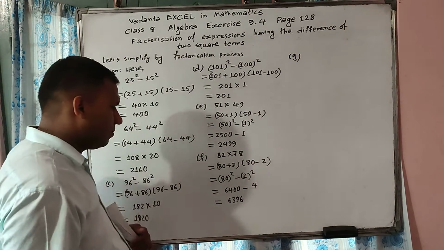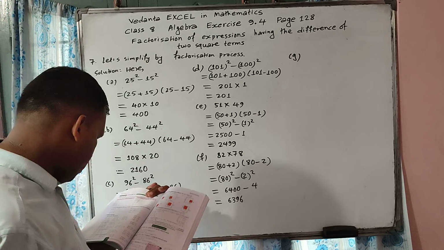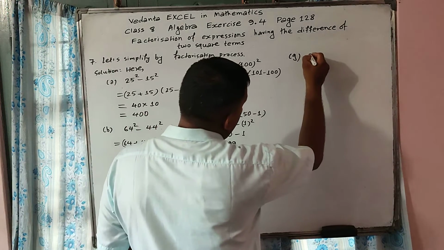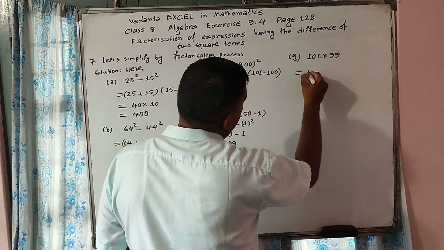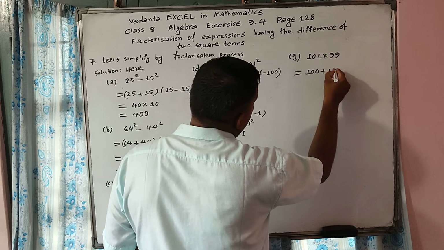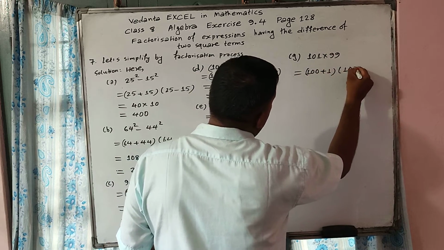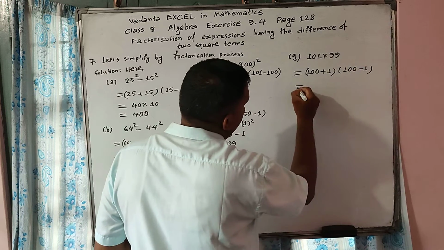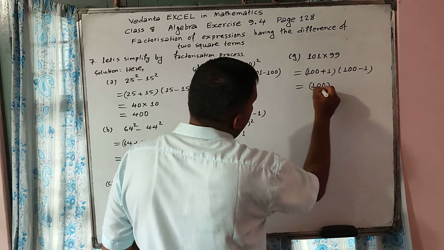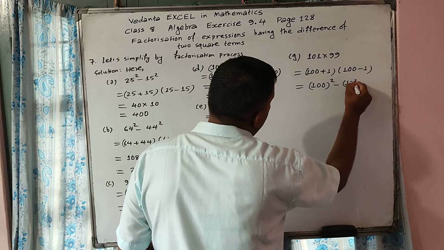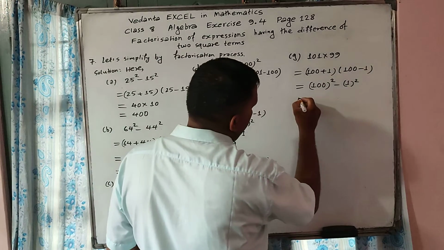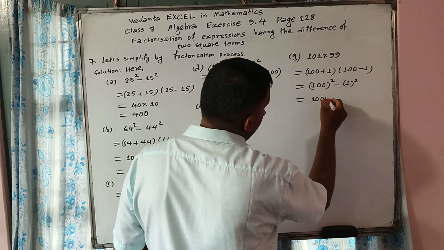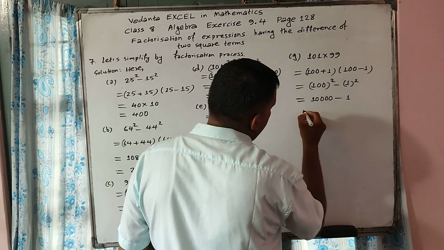On G, 101 into 99. 101 into 99 is equal to 100 plus 1 into 100 minus 1. That is equal to 100 square minus 1 square, by using the formula a plus b, a minus b equal to a square minus b square. 100 square is 10,000. 1 square is 1. So